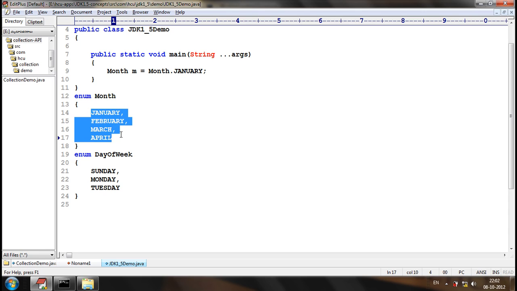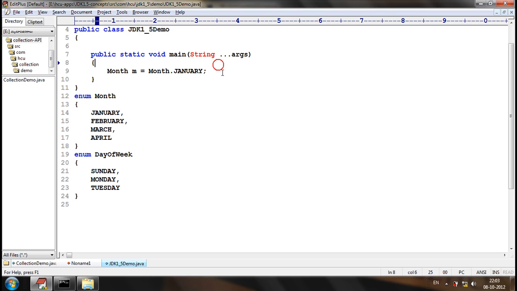In any application, the number of enum objects will be fixed, because each and every enum constant will act as an enum object. If we refer to the enum object 100 times, 100 references to the enum will be created, but only the enum object will be fixed. What is the number of enum objects for Month? 4. And that will be fixed whether the application is accessed by 1000 or 1 lakh users, because for enum, the objects will be the enum constants.